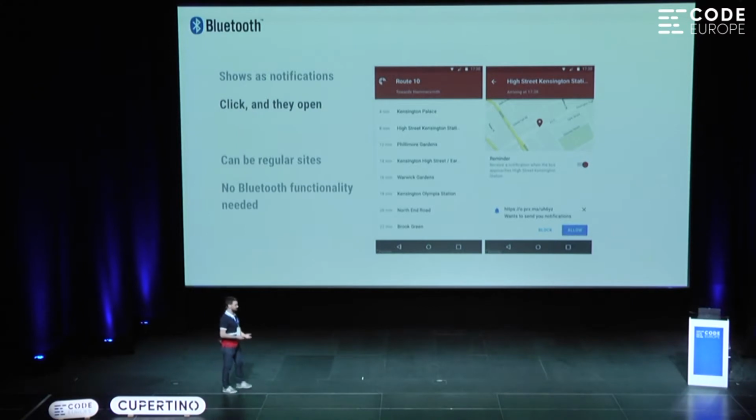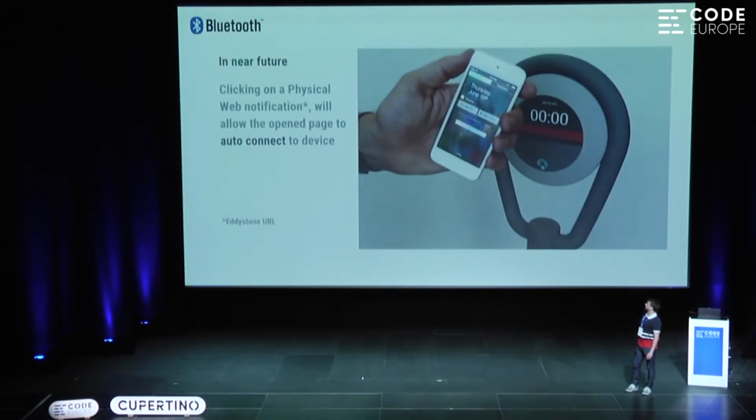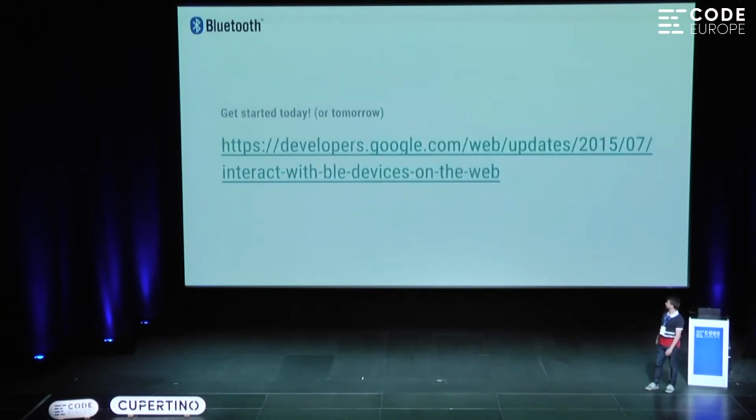You might not want an app for that on your phone because maybe you only take the bus occasionally, but it's super nice. Instead of having to find a QR code or type in a URL, it's just right there on your device. This also works on iOS if you install Chrome and enable it. Here's another example: you could use it for paying for a parking meter, etc. I'm putting up a link here. As I said before, I'll share the slides later, where there are nice articles about Web Bluetooth and how to get started.